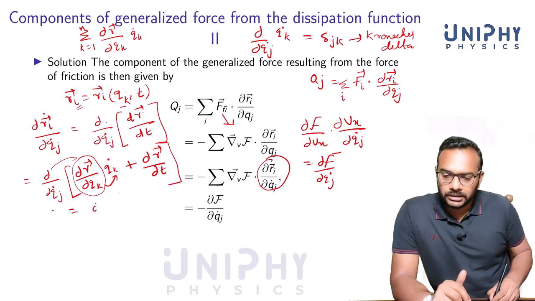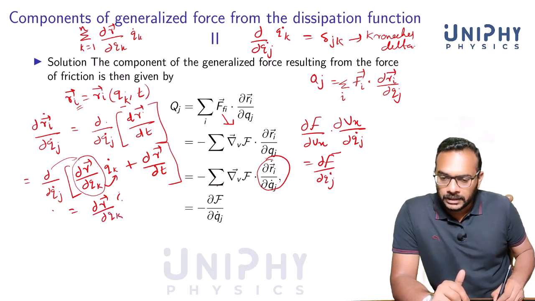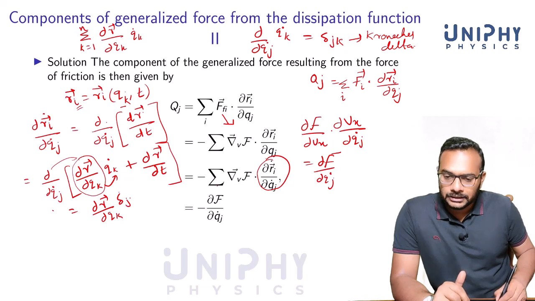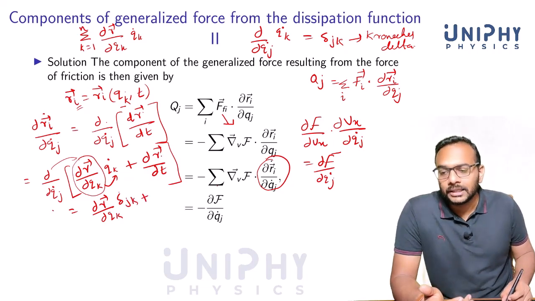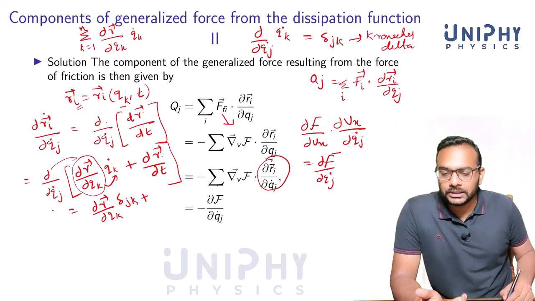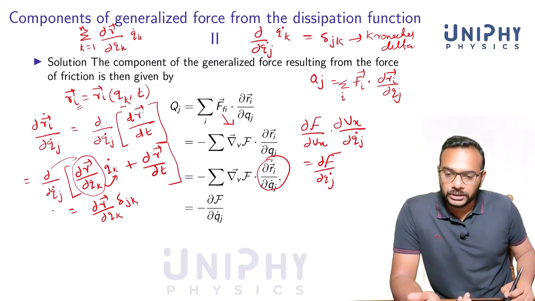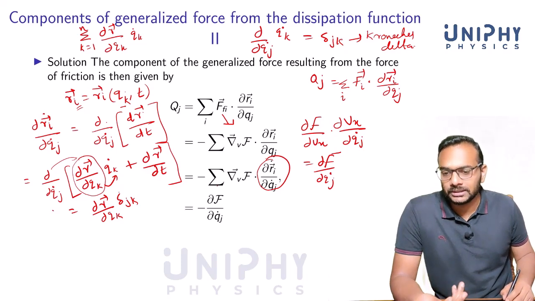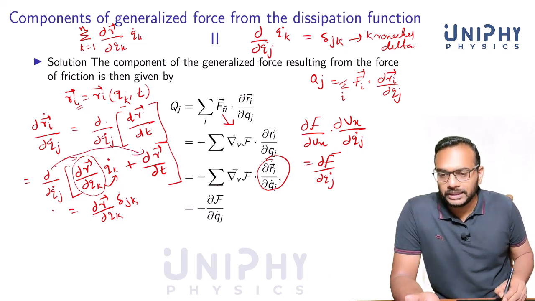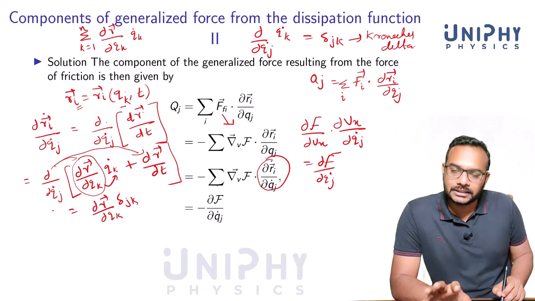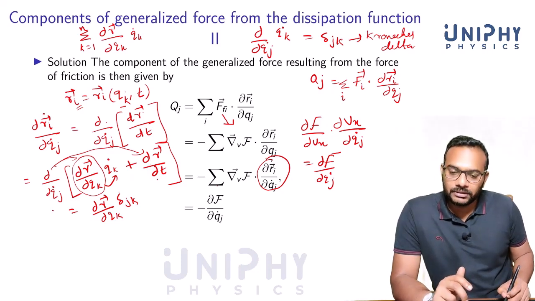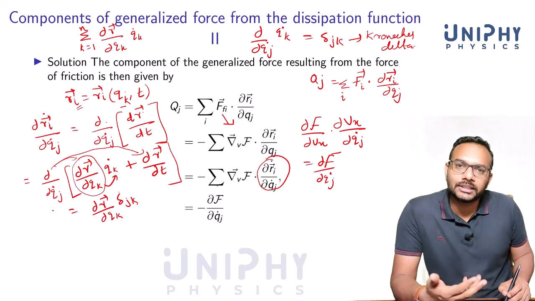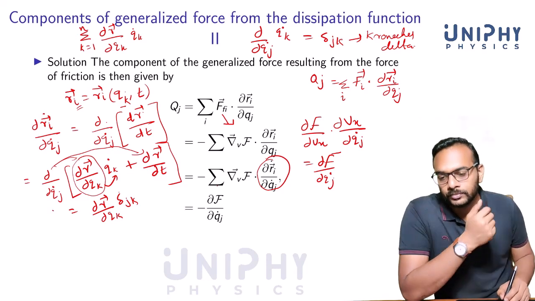Okay, so this can be written as dou r vector by dou qk delta jk, plus this term is simply 0 because there are no qj dots in here. So dou by dou qj dot of dou r by dou t is equal to 0. There are no terms there, so I am not just writing it. This combination is directly 0 because r vector does not have any qj dots. And this partial derivative with respect to t, dou by dou t, does not introduce any new qj dot in it, so that term is 0.